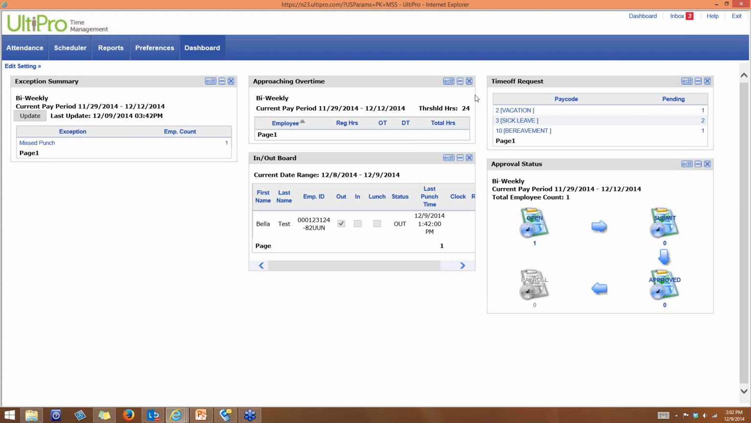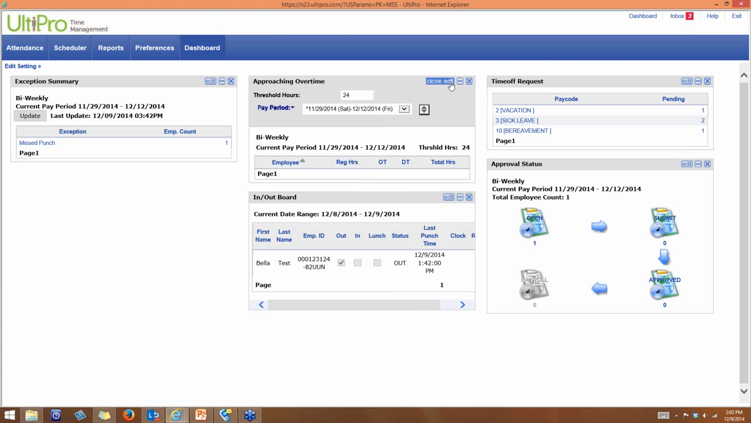In the center of my screen, I have approaching overtime. You have the ability to set your own threshold. If you are watching your hours or labor hours to make sure employees are not going into an overtime situation on a weekly basis, you could actually select the edit button. So if we pretend it's Tuesday of the work week, and you want to know anybody on Monday that had already exceeded 8 hours of time or maybe 9 hours of time,